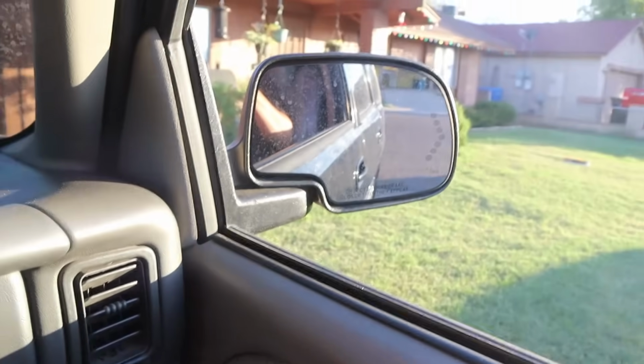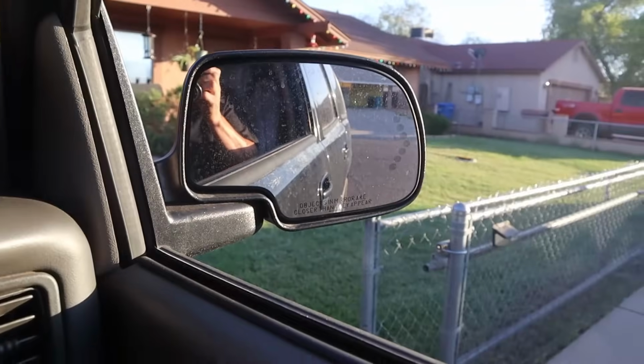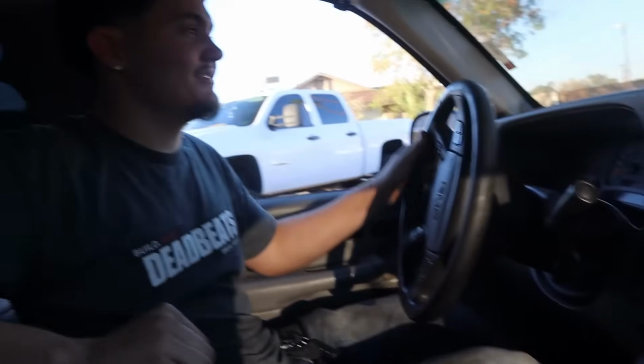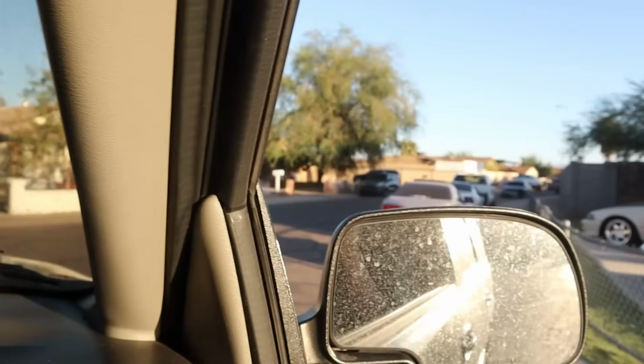I love how this thing does the tilty mirrors. Yeah, whenever you put it in reverse. And the blinkers? Yeah, the little blinky mirrors. I hope my Yukon out there has all that. It'd be so sick to try to incorporate that into the C10. I do have this, the AC controls, but